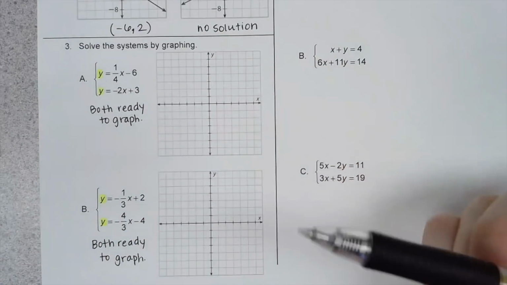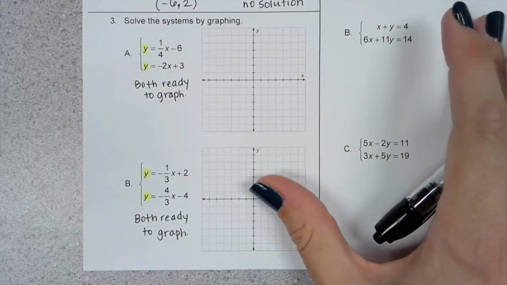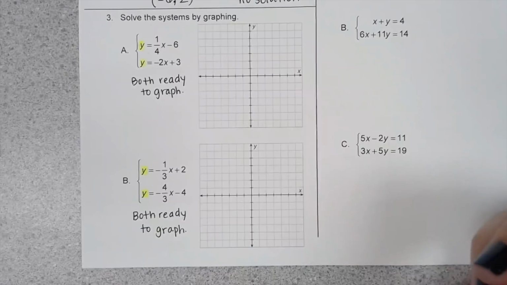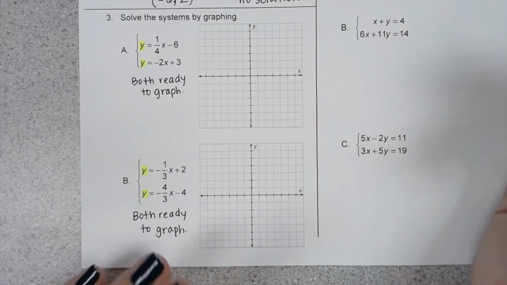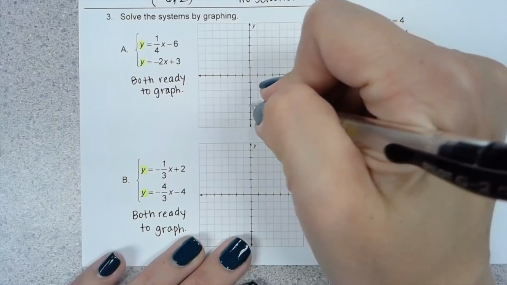If one of these had a y not all by itself, it would mean that it wasn't ready to graph, and you would need to do some work to start by getting the y all by itself. But on this problem, both of the equations are ready to graph, so we're just ready to start graphing. When we do our work for the first one, we're going to start at -6,